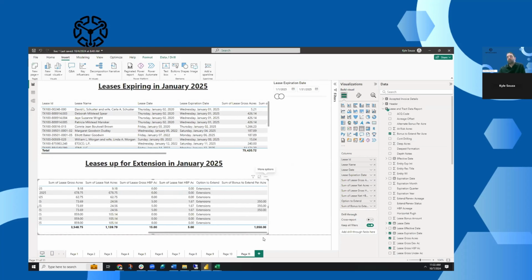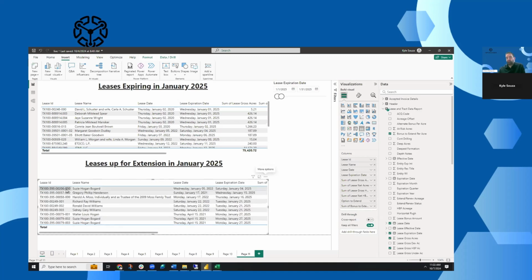Let's see. Here we have the bonus to extend per acre. I see that there are ones with options to extend that don't have bonus values in here. So let's take a look at one of those. I want to show you how easy it is when somebody gives you updated data and you're tying it into Power BI, how easy it is to refresh it, re-upload it. So I'm just going to get this